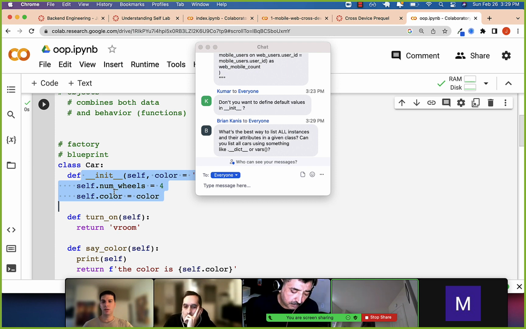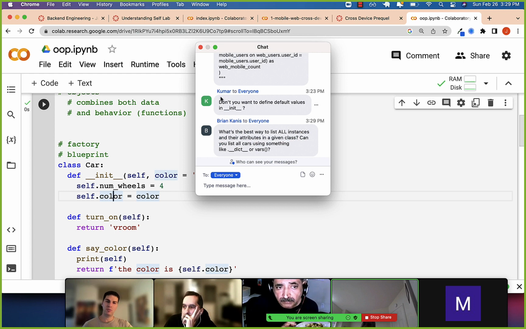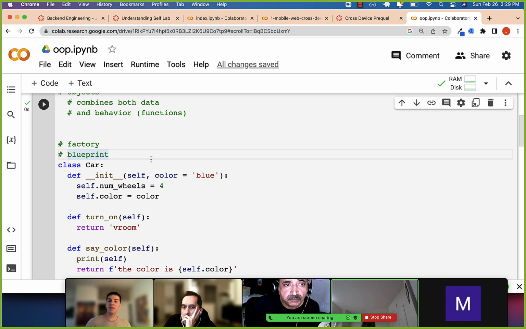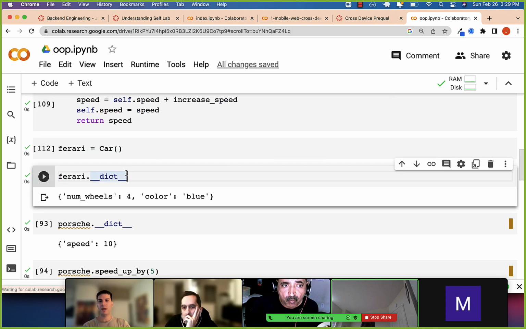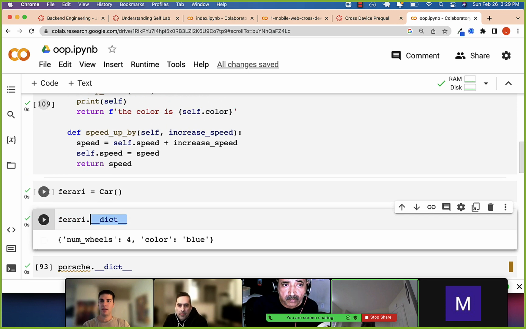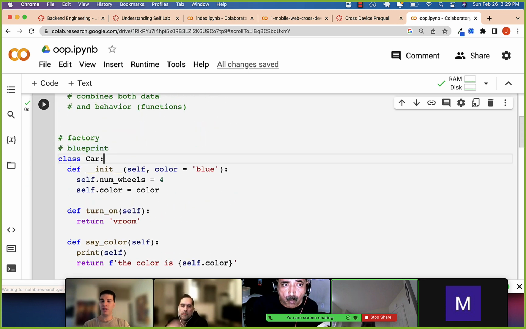Okay. Yeah. What's the best way to list all instances and their attributes in a given class? Good question, Brian. Listing all the instances is hard. We can show you how to do that. Listing all the instances' attributes, you can do that with this dunder dict. If you want to keep track of all the instances,